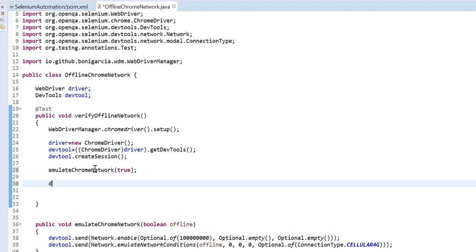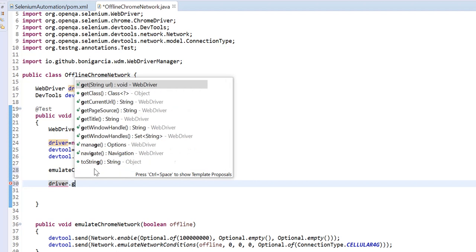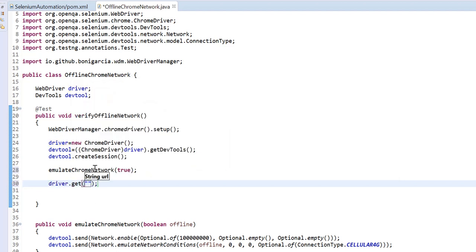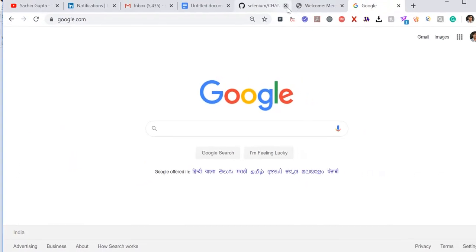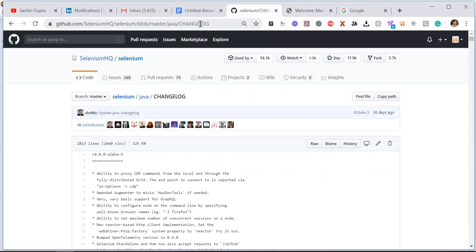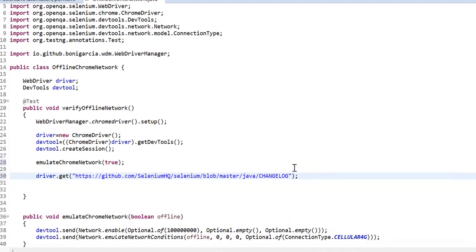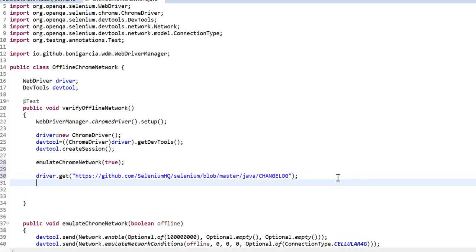and I will say driver.get. I'm going to open a website. Let me take any URL. Okay, let me take the Selenium Git repo. This is the URL I'm going to take.